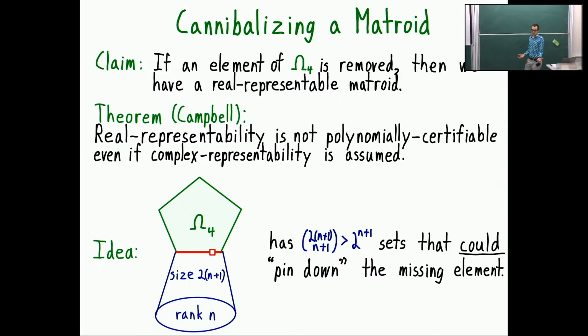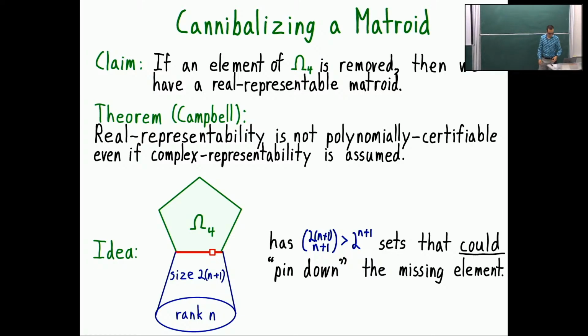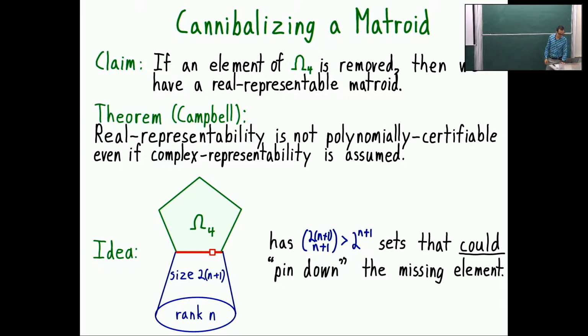None of them do, but one of them could. And if you don't say that this collection doesn't point to the element we've removed, it's possible that the matroid you're giving me is not really representable because you are pinning this missing element. So to actually show that this matroid is really representable, you need to ensure that you're not pointing to this missing element with any of the exponentially many subsets of size n